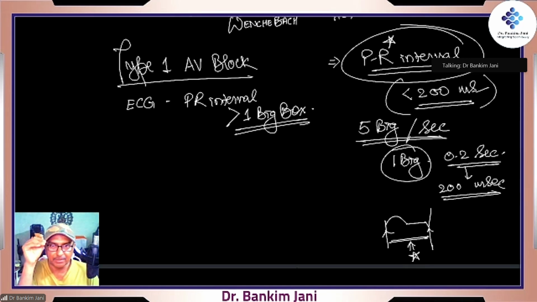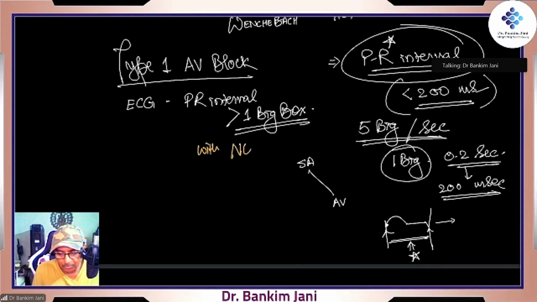But think for a second, if it is more than one big box, what is happening? From the SA node, it comes to the AV node, it is taking more time, because this is the point when the atria is contracted, and if this elongates, it means the trouble is from SA to AV. It is taking more time. Important is that PR interval is more than one big box. I'm writing it in capital, with no dropped